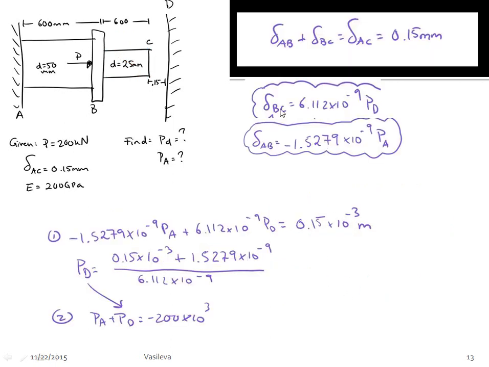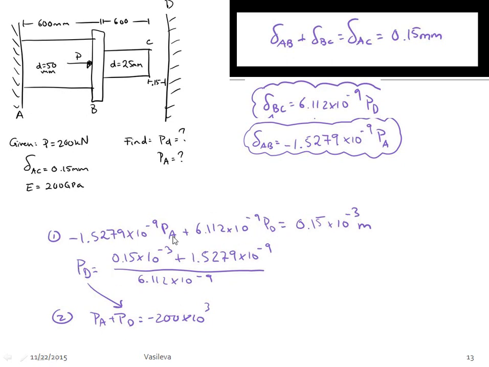So now what we end up with is our displacement BC, displacement AB, and we have displacement AC. So I basically plugged in AB in here, plugged in BC in here, and set that equal to 0.15 millimeters, but I just converted that into meters because that's our standard convention, standard units. So I get this equation, and as you see I have a PA and a PD, so that leaves me with two unknowns. So I go back to the original equation, which I had for the full body, of PA plus PD equals negative 200 times 10 to the third newtons,